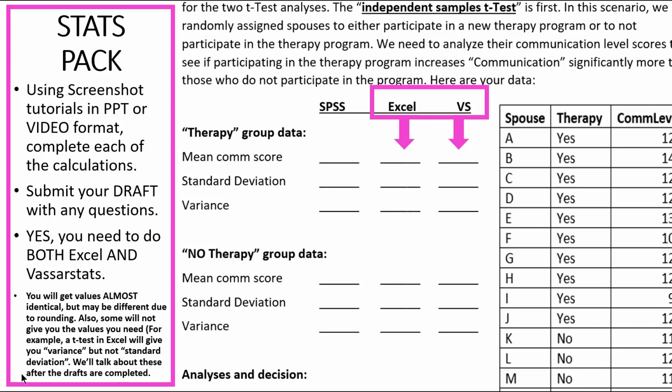One other thing that I wanted to show you is just an example of what one of the pages on the stats pack looks like. Alright, so this is just an example of what the independent samples t-test sheet looks like. And so you're going to be using the screenshot tutorials that